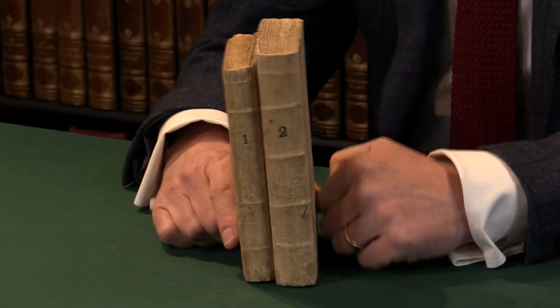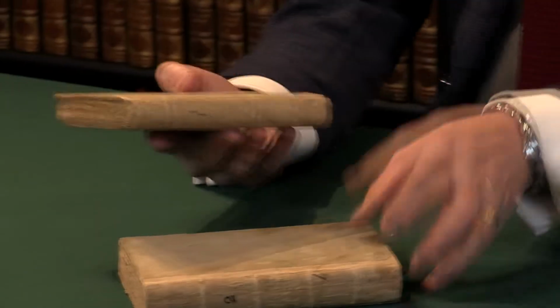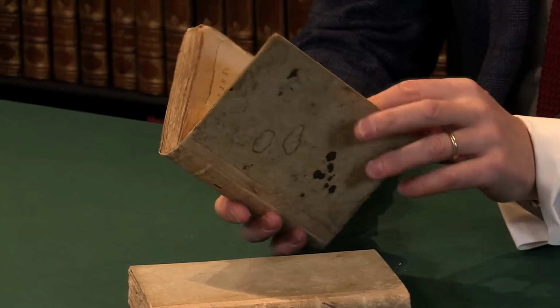The first edition of the Federalist. I'm Adam Douglas from Peter Harrington, and I'd like to show you this, which is a remarkably good copy of the founding document of the United States Constitution. This is the Federalist, or Federalist Papers, as it later became known, and